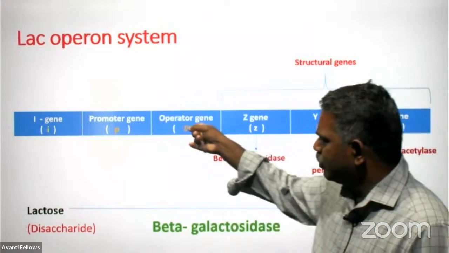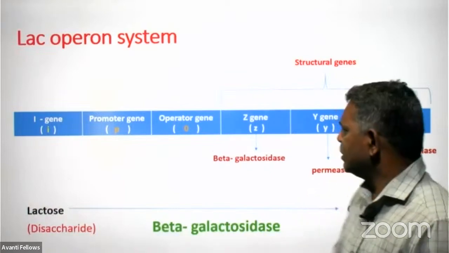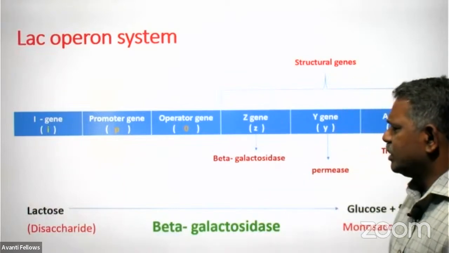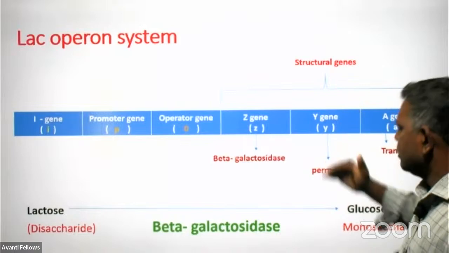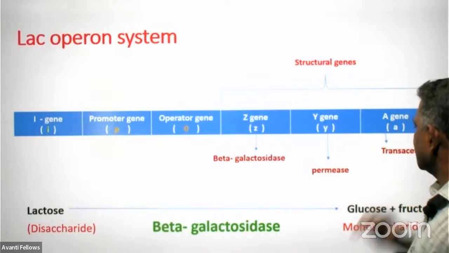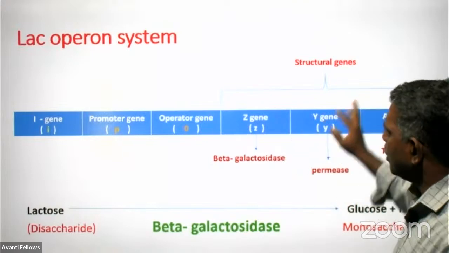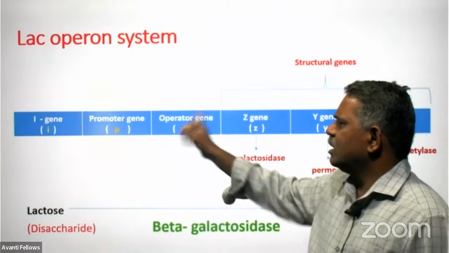And if the operator puts the switch off, what will happen? The Z gene stops the production of beta-galactosidase, the Y gene stops the production of permease, and the A gene stops the production of transacetylase enzyme, because all three genes are operated by a single gene,